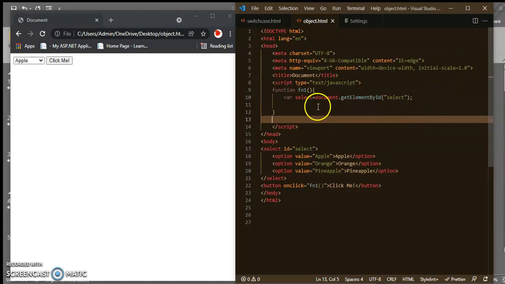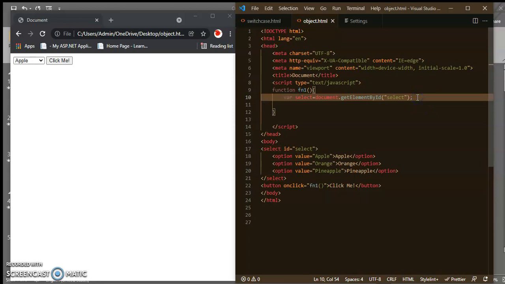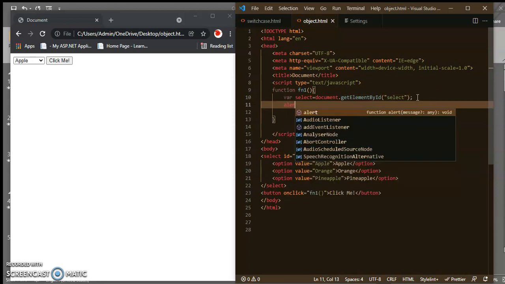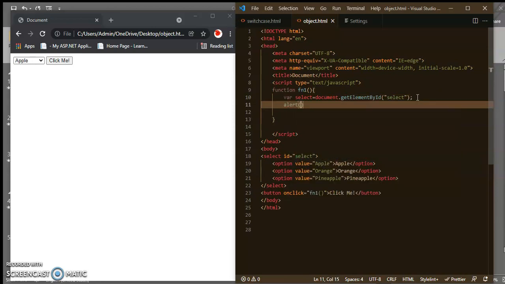Now this select object I will use inside of the alert. So alert, from where do you want to fetch? From the select options.